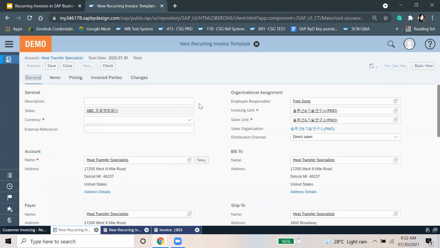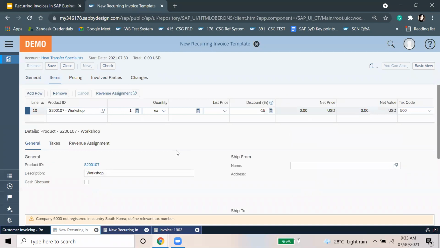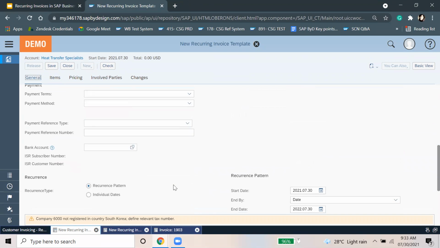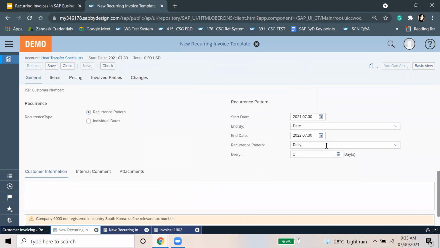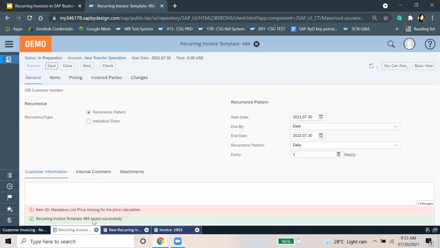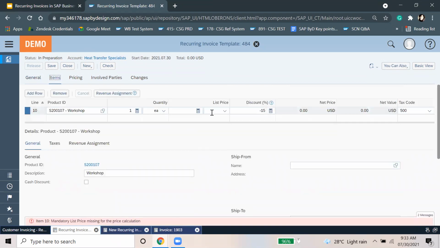Yeah, in a similar way we can have it here also for the receivable. Okay. Any other question? No, I'm okay.